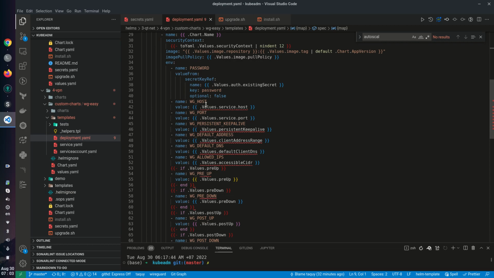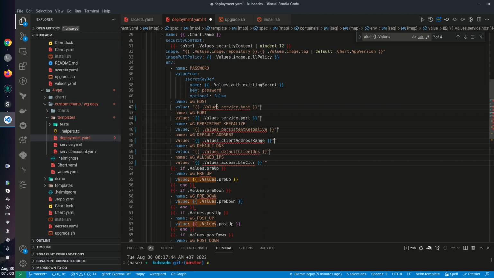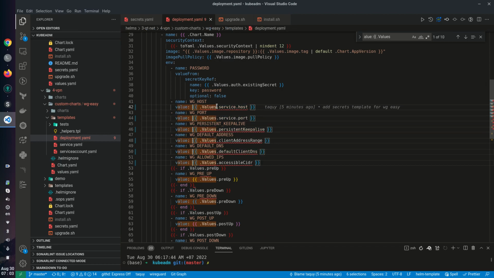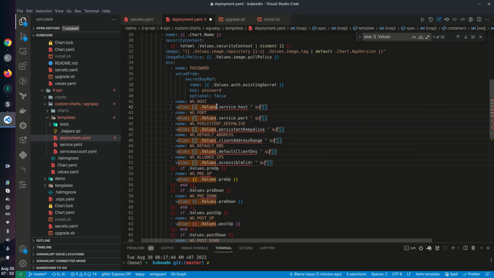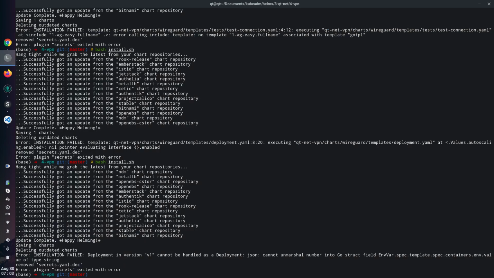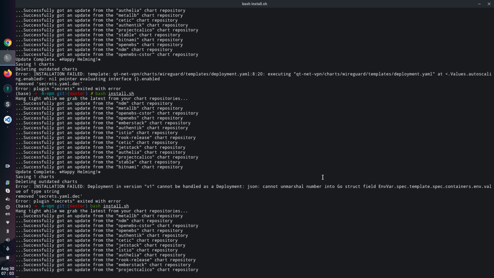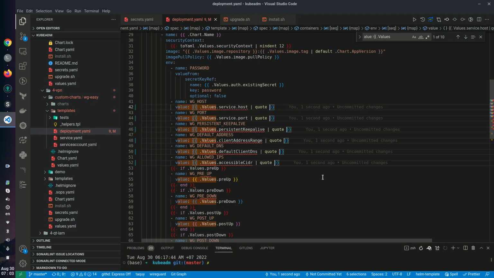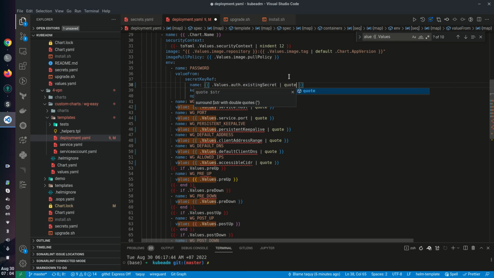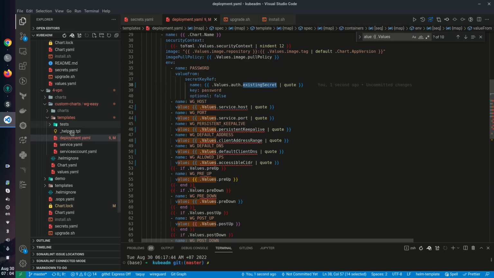But I think all this value must be in a format of something like. We need to add in some kind of string here. I think just add a quote or something like that for better rendering. I think for the art, I think